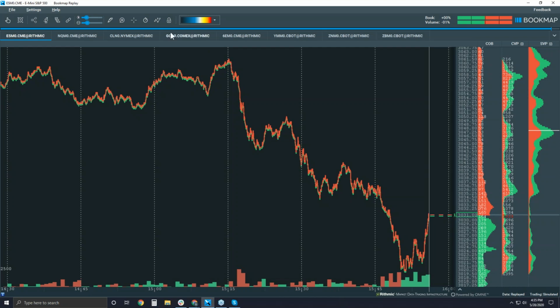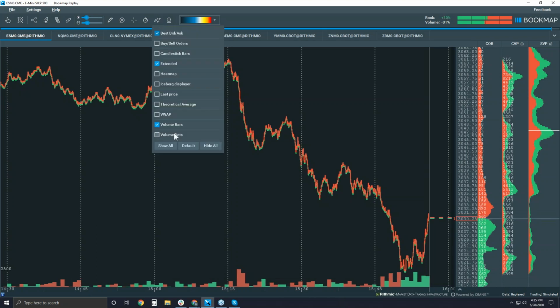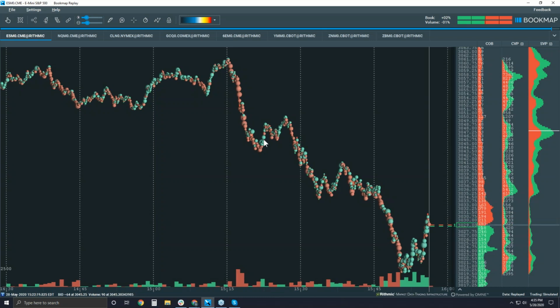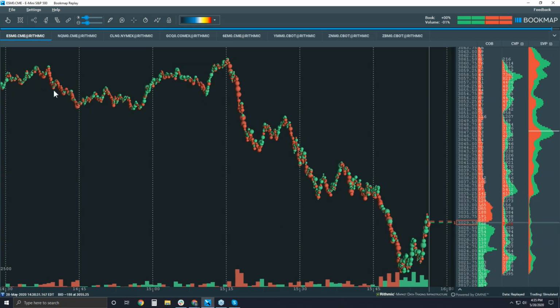Okay, so now let's add the next element, the second element, volume. These are the volume dots. This is the aggressor volume, market buy and sell orders. Green dots are market buy orders, lifting the offer. Red dots are market sell orders, hitting the bid. That's it. Now, what we're able to understand is not only the structure that is made by the best